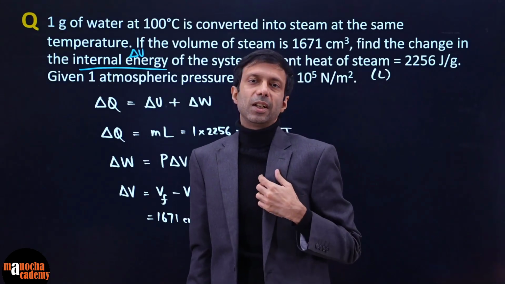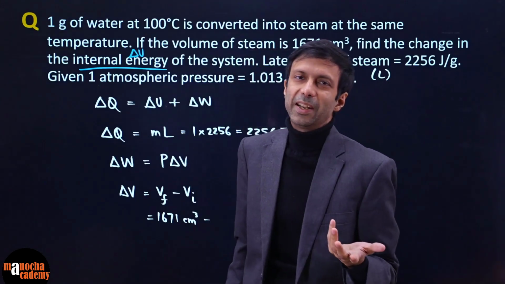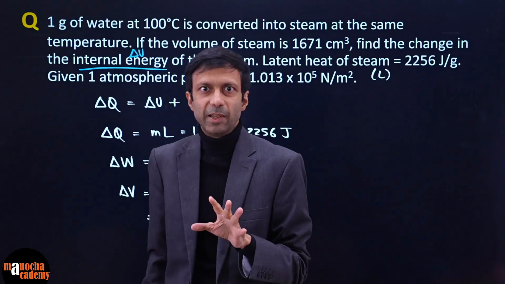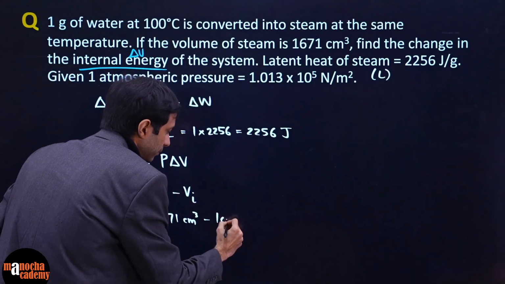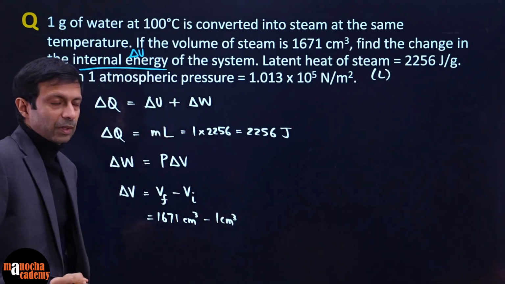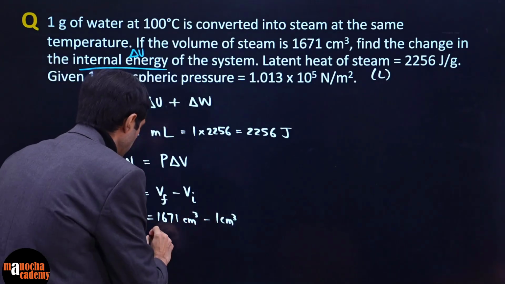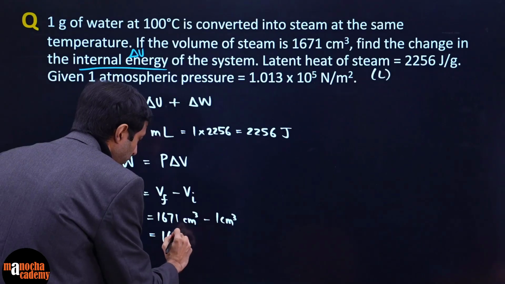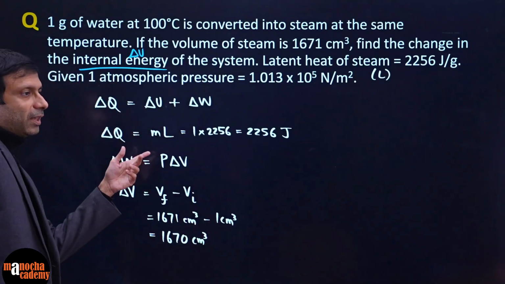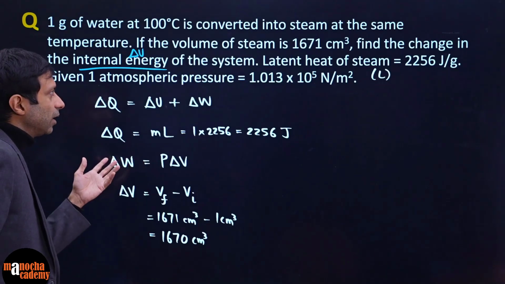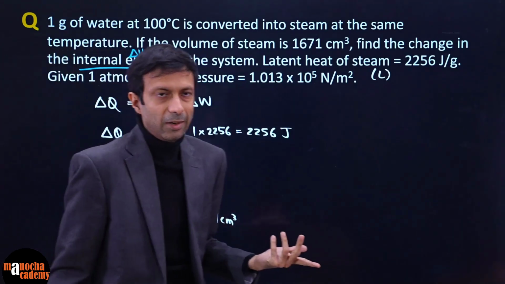So now we have to use that assumption that we'll take its average density, which is 1 gram per centimeter cube. So 1 gram of water will be 1 centimeter cube of water, right? If you use density, this is using the density concept. So change in volume, do you guys agree, will be 1670 centimeter cube? Yes or no? If you multiply this with the pressure, can I get the work done? Substitute it here and we are done.